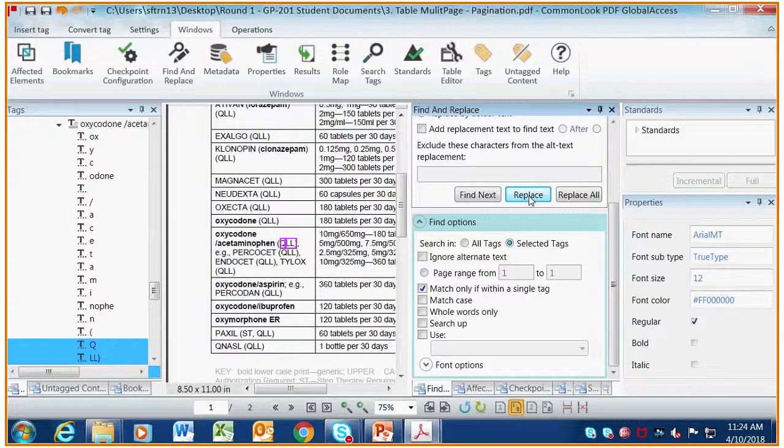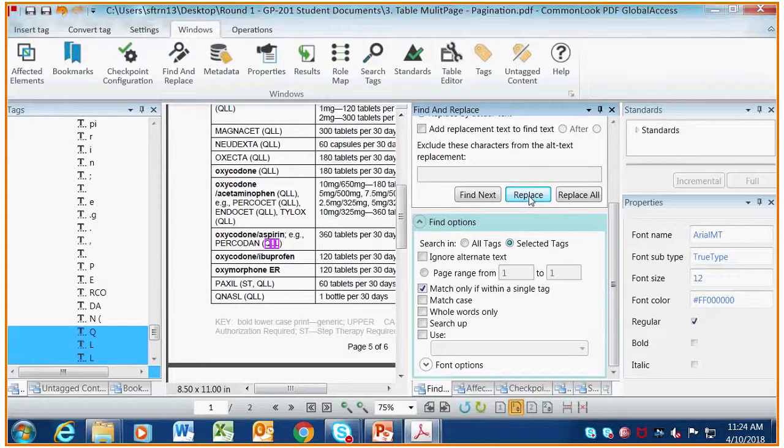So I'm on oxycodone on this cell, and I'm going to hit replace, but I think what happens is it goes just to the next cell. So you've got to be aware, and I might have to go back and fix a couple, but fixing a couple is better than having to fix them all individually, right? So when you hit replace, it did. I would have to go back